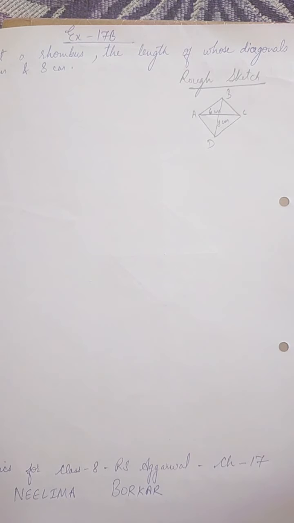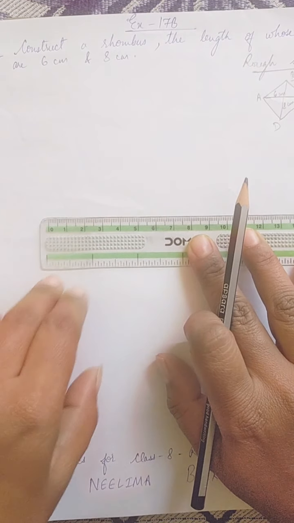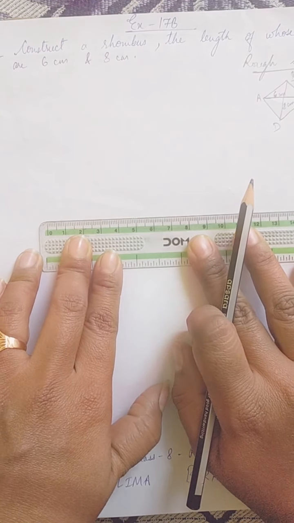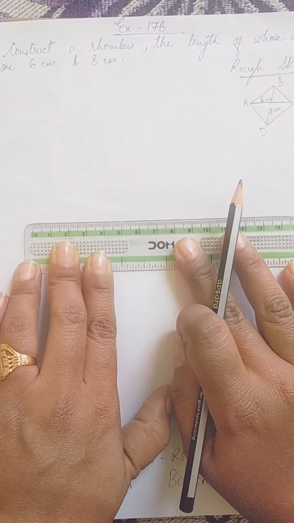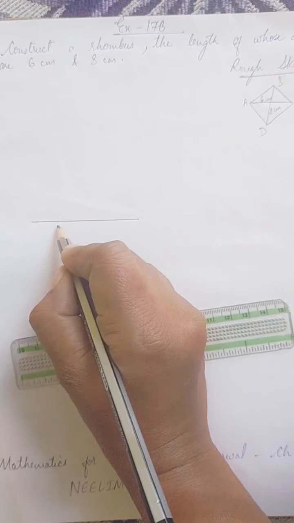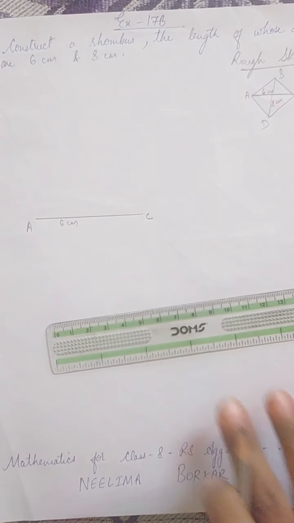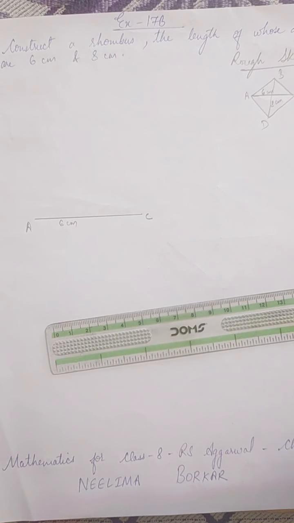And they haven't told anything about sides. So again, what we will do, we will take AC as base and we will draw perpendicular bisector, that is BD of AC. As we have done in number 10 question, the same will be the case here also. So we will take base to be 6 centimeters. So let us draw base AC to be 6 centimeter. This is 6 centimeter. Now this is A and this is C, AC. So now base we have drawn.